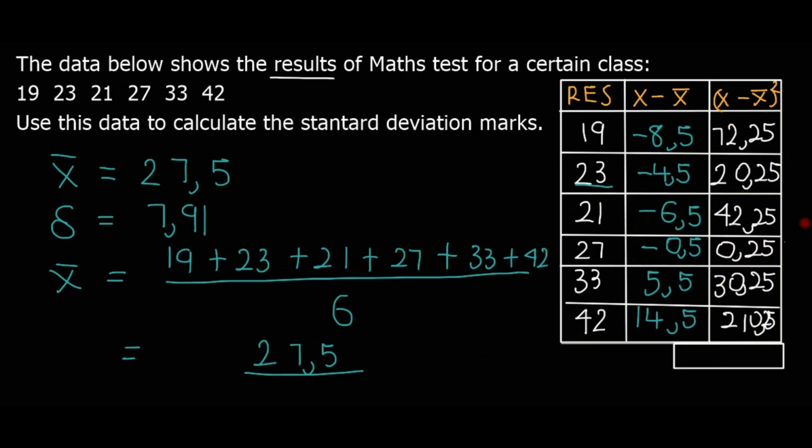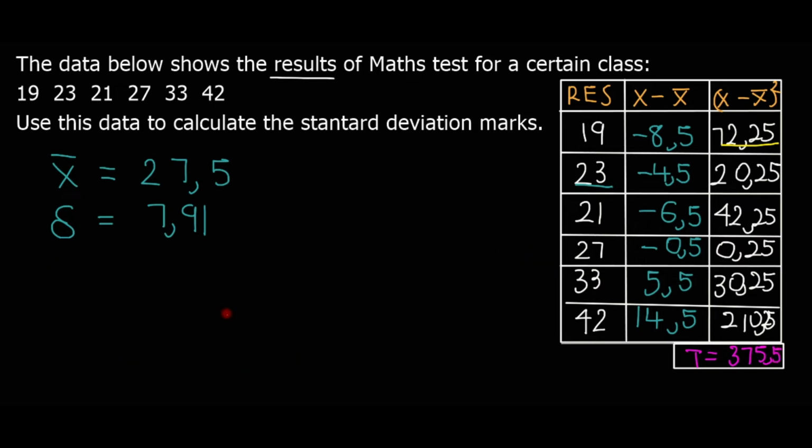Re tlo add these values kaofela, 72.25, why add everything until 210.25. So ge o ka add these numbers kaofela di tlo fa total ya 375.5, and then from there ra shumisha formula ya the standard deviation,